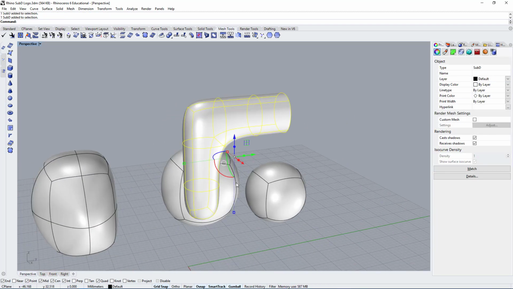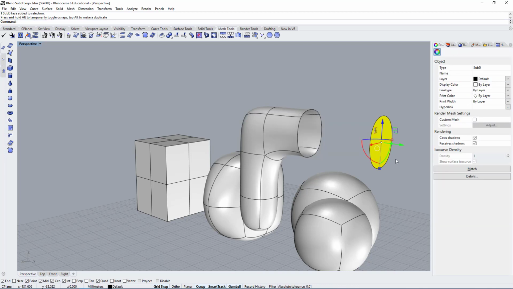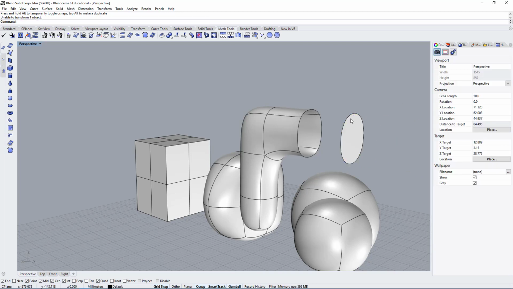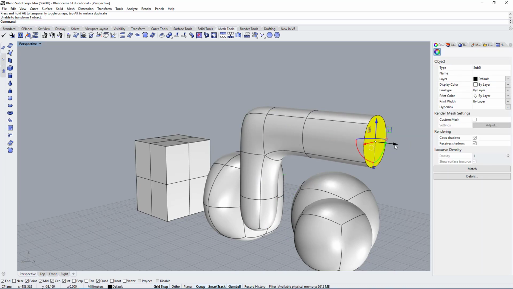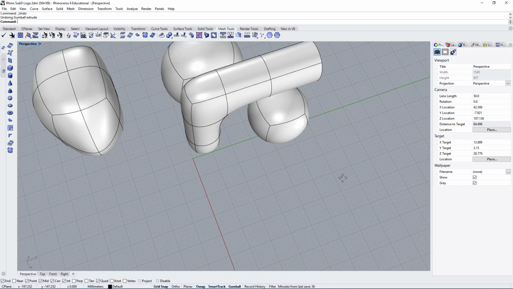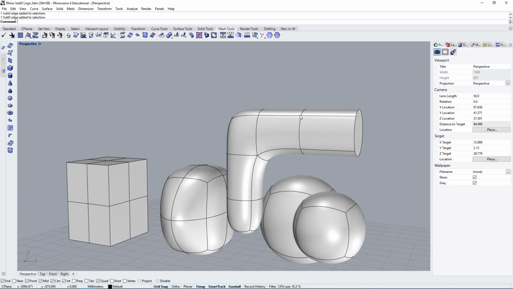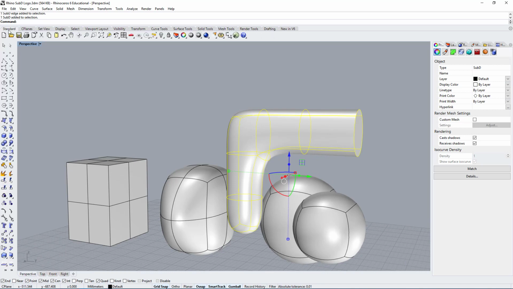And of course at this stage you can still go back and you can edit things. You can still use the sub-object selection with Ctrl Shift, and you can continue to extrude. No, actually it looks like you cannot. That's interesting. Yeah, so it doesn't work that way. That's interesting, I didn't know that, so that's new to me. So you can move the object around, but if you try to extrude a sub-D object, then it doesn't work. So that's really interesting. What you could do is hold Ctrl Shift, and you can select a point. I guess you cannot, so you would have to show the points to do that.